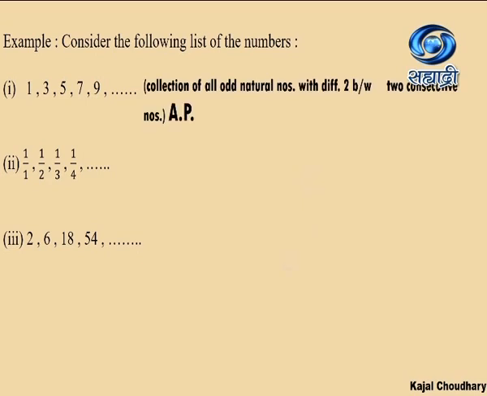In the first one, you will see the collection of odd natural numbers with a difference of 2. This is an example which we had done in the first slide itself. As the difference is constant, this sequence is going to be an AP. Whereas in the second sequence, the numerator is constant, while the relationship exists in the denominators: plus 1, plus 1, plus 1. The next is going to be plus 1, so 1 upon 5. That way it is proceeding. Such a sequence or progression is called harmonic progression.